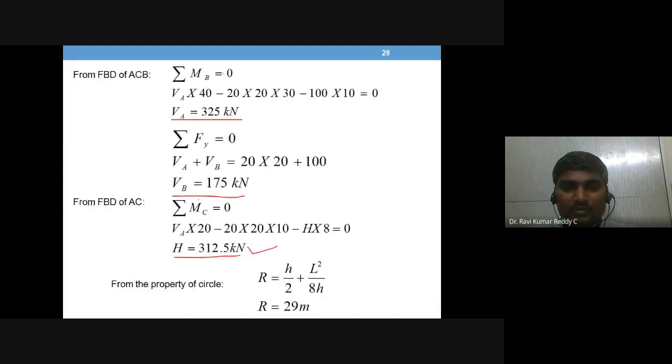Okay, so the point that is chosen is this one. This is a point where you want the normal thrust and radial shear, right? So for this point, what is the vertical reaction at this point? So the sum of all forces to the left, if you can see, that is what the V value is. V value is nothing but the sum of all forces to the left, all vertical forces.